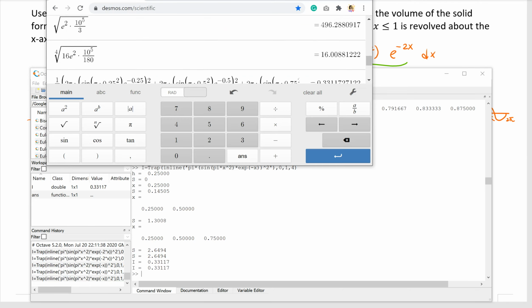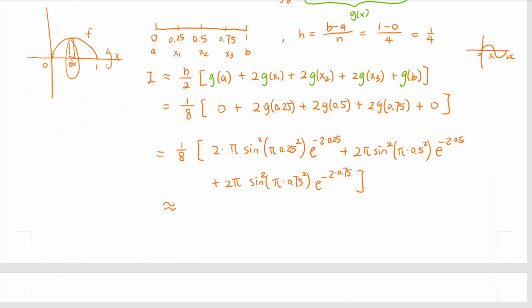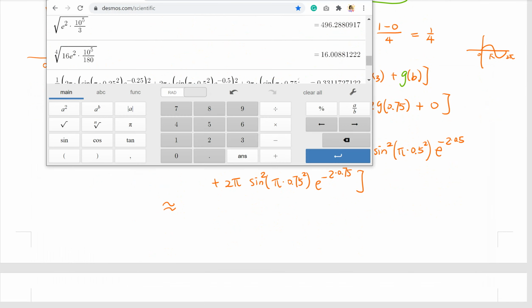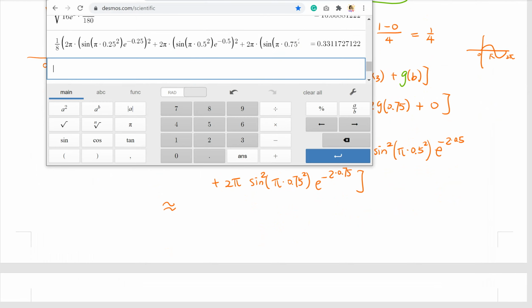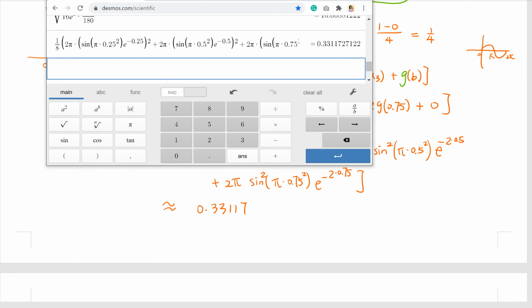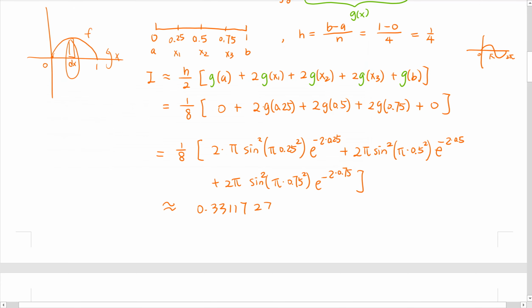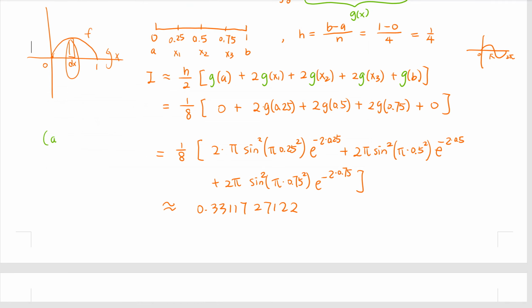Okay, so the answer is 0.33117, and then 27122. And make sure when we input the trig functions, the calculator is in radian mode,